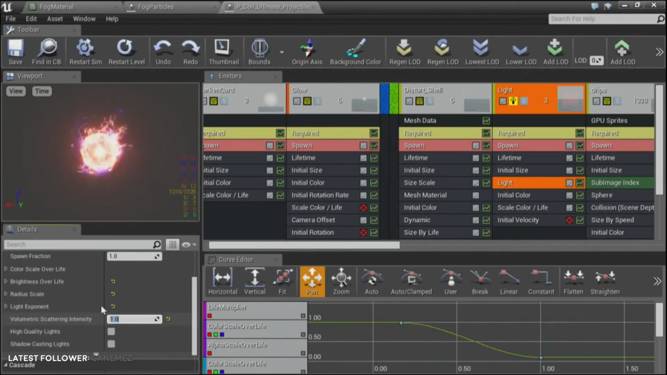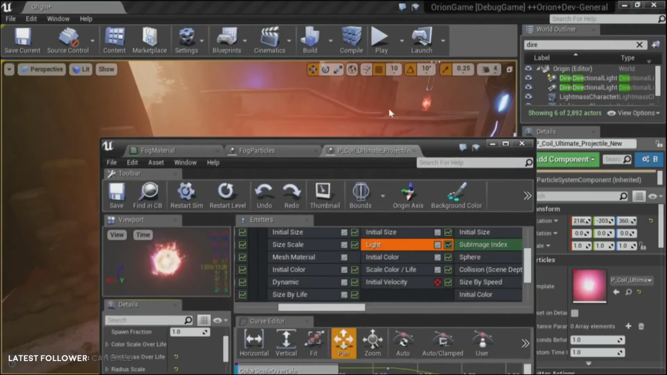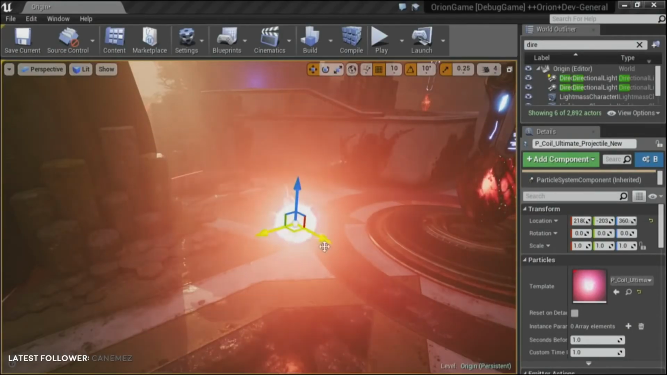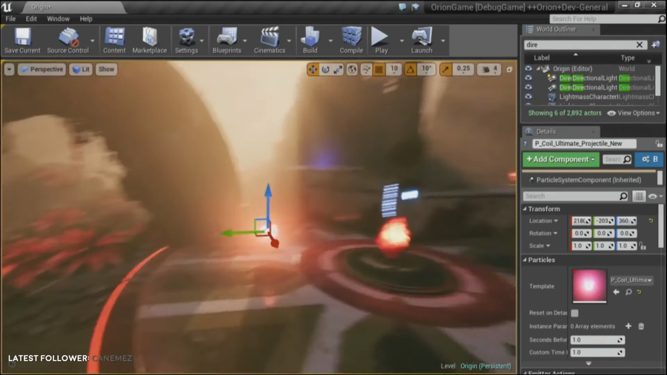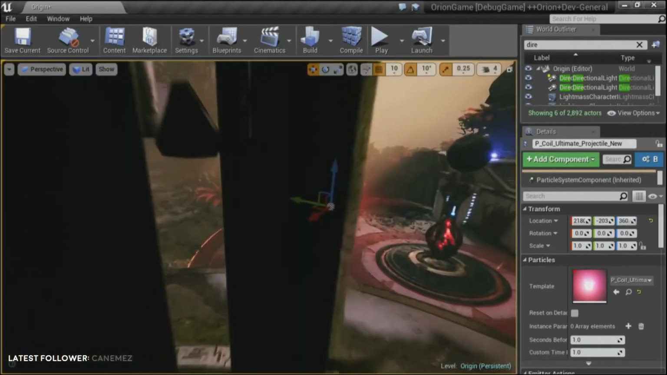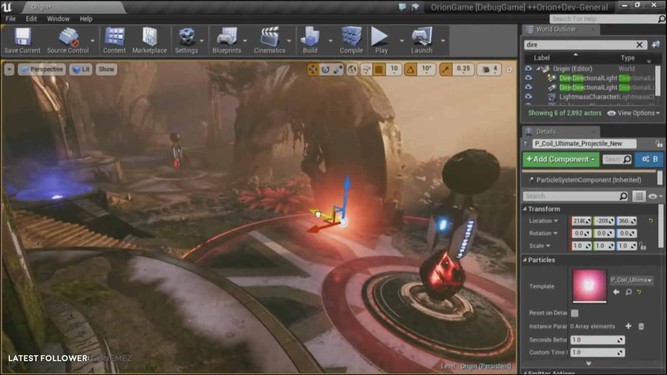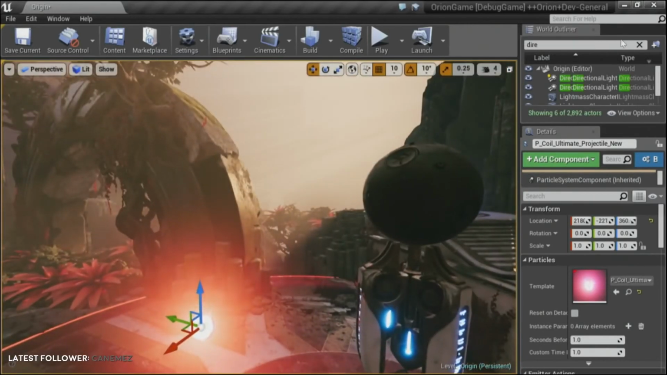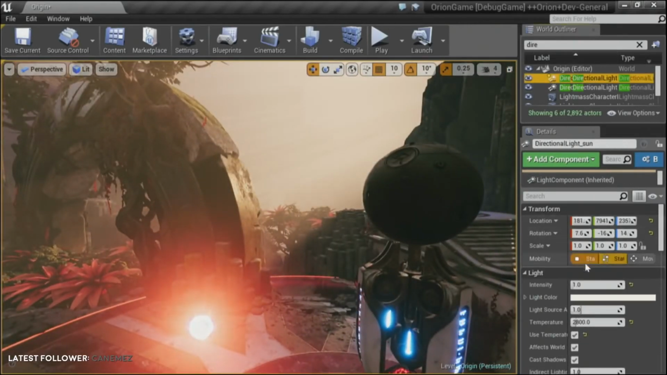Particle lights do affect the volumetric fog. You just have to come in here and actually turn it on. And now, if these particle lights were moving around, you would see them affecting the fog. Okay, so now I want to show what happens